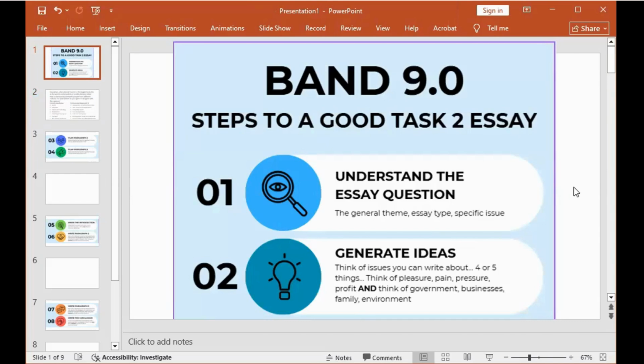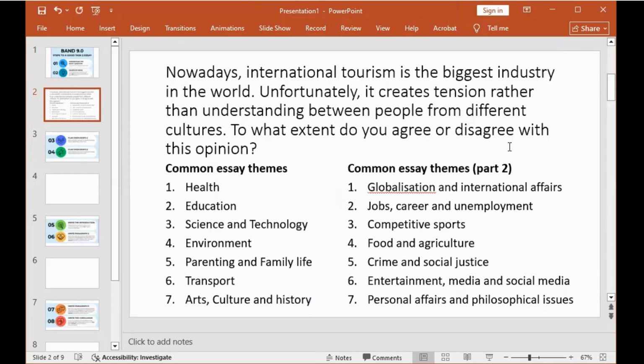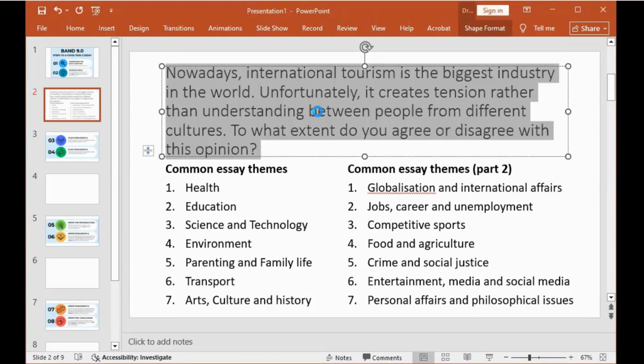Now the essay type, that's another thing. Looking at this one, what is the essay type for this question? What essay type is this? It's an opinion essay. Very good. So essay type talks about: are we doing an opinion essay? Is it a cause and effect essay? Or an advantage, disadvantage essay? Or is it a discussion essay? Do you get it now? That's another aspect to figure out. Let me post one more question, then we'll move to step number two.